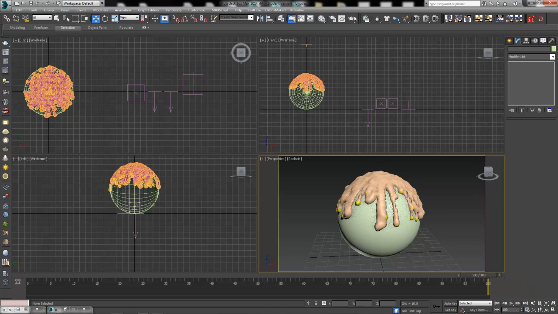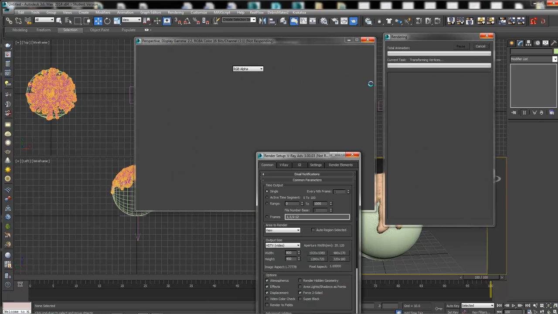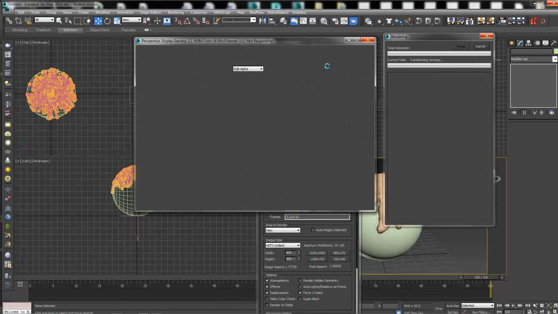Here at frame 100, this is viewport at resolution of 10, our coarseness of 10. The render is going to triple it and probably look a little bit different. You can try putting the viewport up to 30 as well, but you'll probably have to wait on your computer a little bit longer every time you move the timeline slider because it's got to think about all those extra polygons.